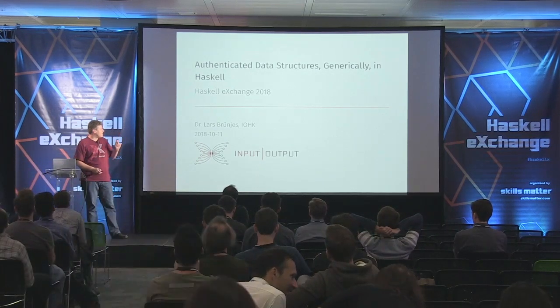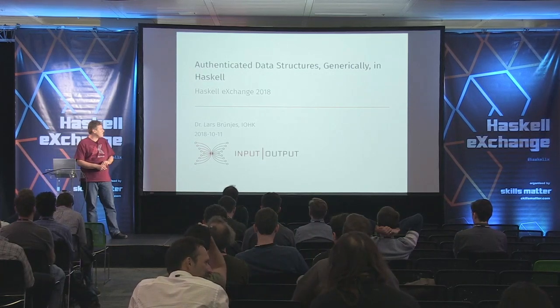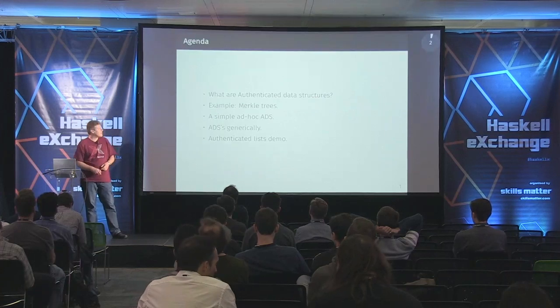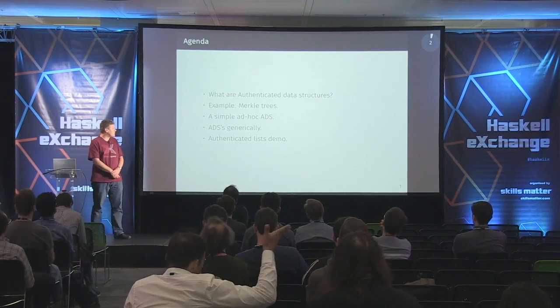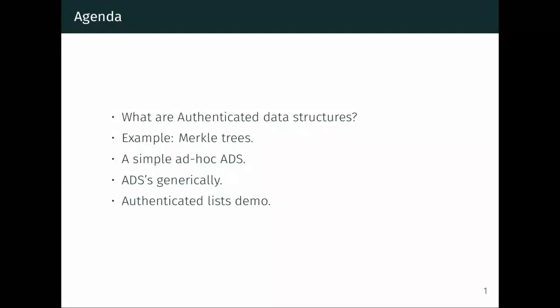Okay, but this is, even though it's related to what we do, a personal project. So, authenticated data structures. What do I want to talk about? First I want to briefly explain what they are and why we care, and then give the canonical example, that's Merkle trees, and then show how you would do something like Merkle trees ad hoc